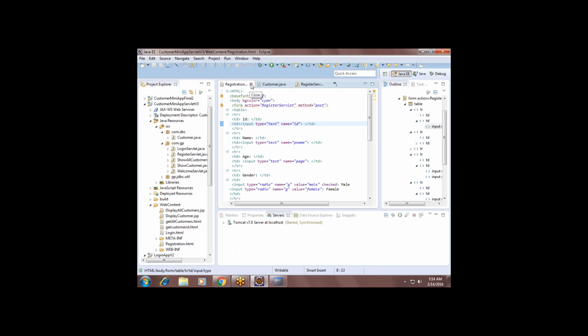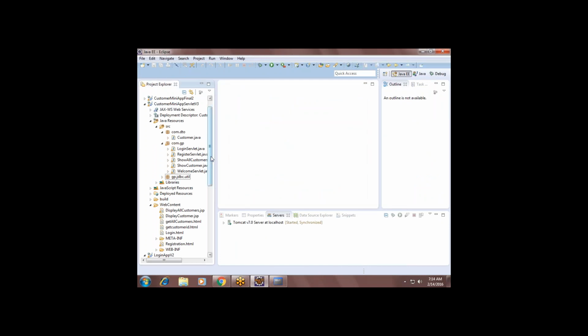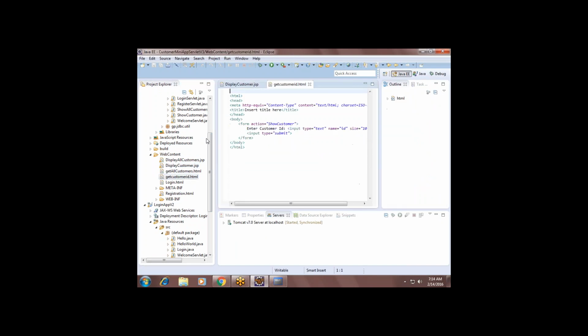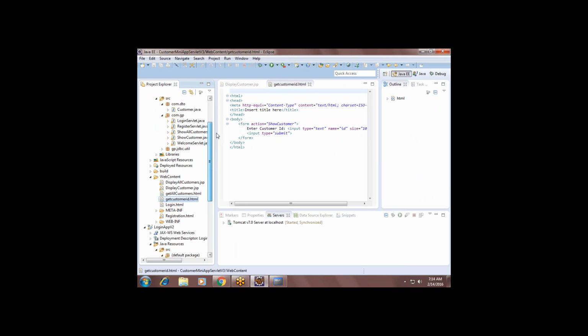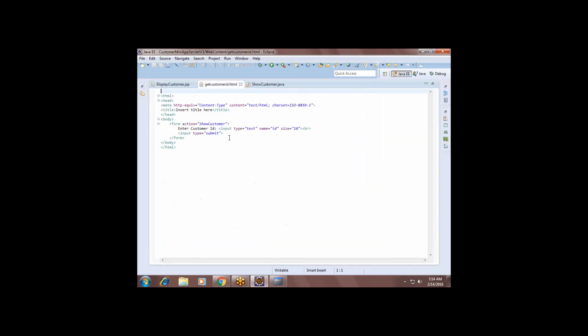And if you want to display, there is another concept called get customer, get customer by ID, and show customer. In the get customer by ID HTML, I am taking the customer ID as input, and based on the ID I want to display the record.